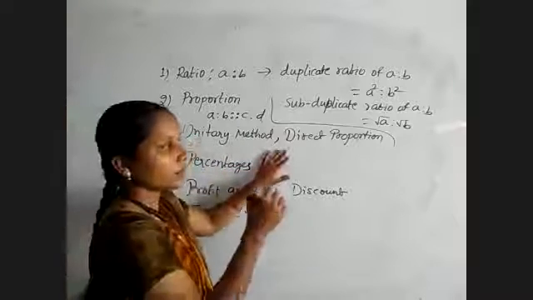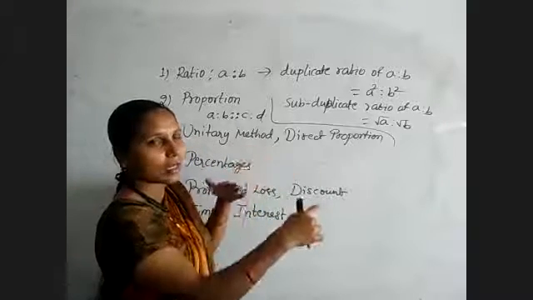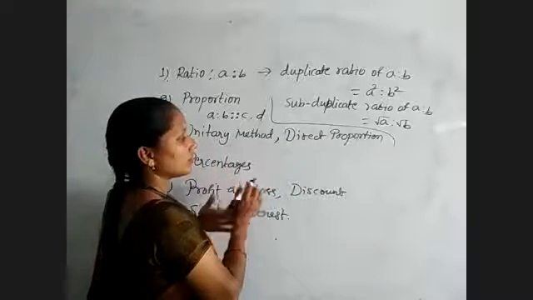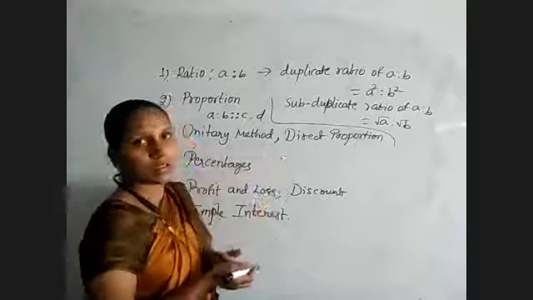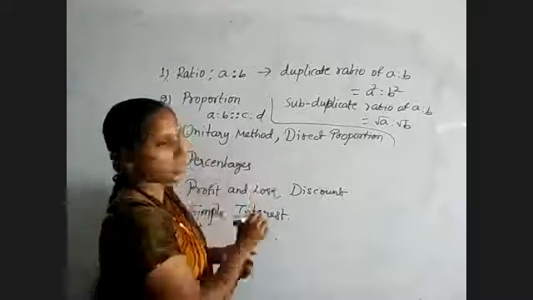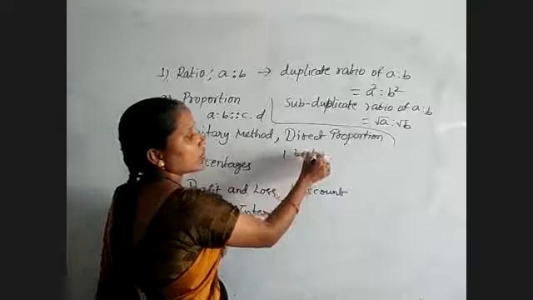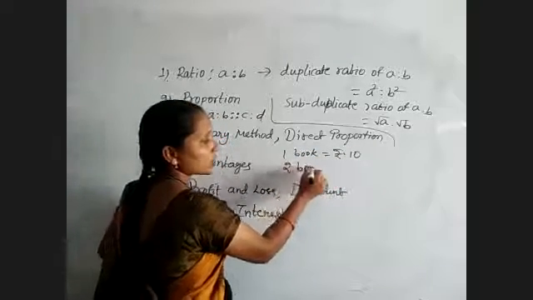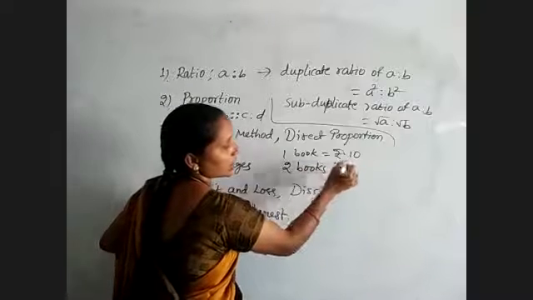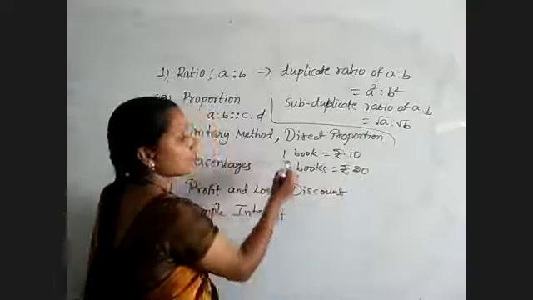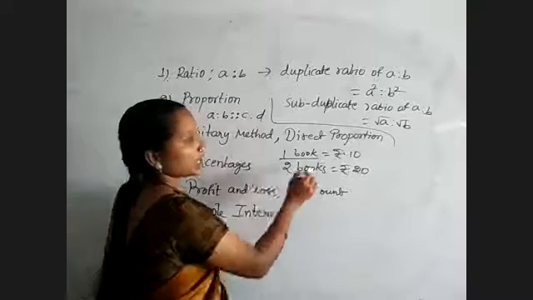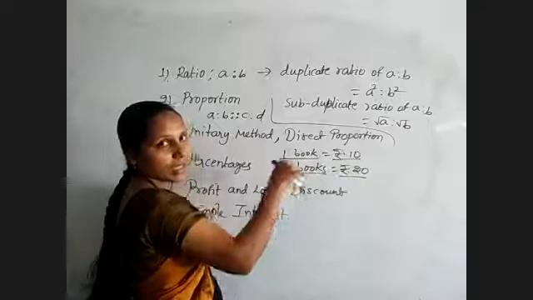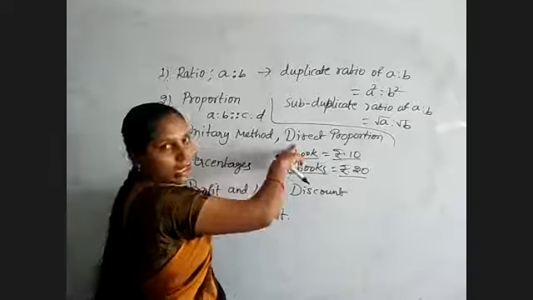If the change in one quantity is directly changing with the other quantity, then it is said to be direct proportion. For suppose you are buying items, say books. You have taken only one book, and one book costs, suppose, 10 rupees. If you take two books, then the amount also increases, that is 2 into 10, 20 rupees. That means when the quantity of books is increasing, the cost is also increasing. So we get a direct change, which comes under direct proportion.